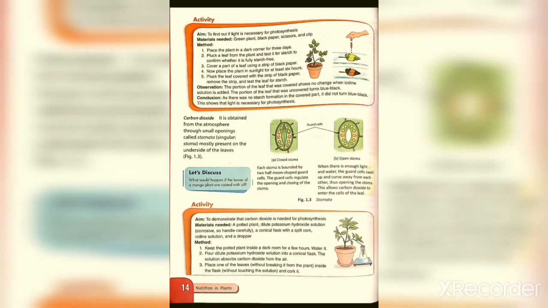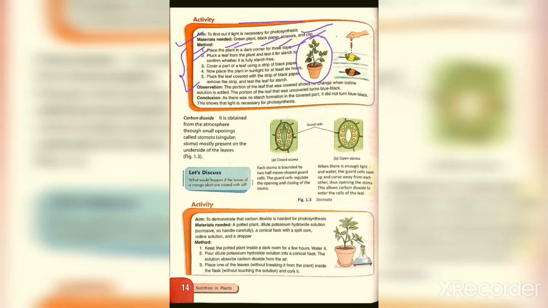is the activity which will show that light is necessary for photosynthesis. The materials needed for this are a green plant, black paper, scissors, and a clip. What is the procedure? First of all, you have to place the plant in a dark corner for 3 days, and then pluck a leaf from the plant and test it for starch